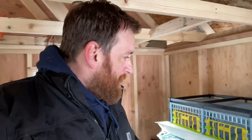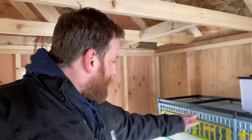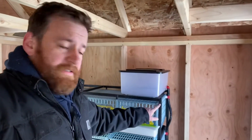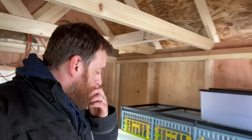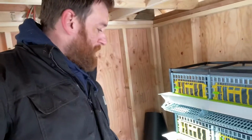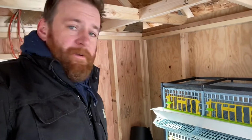Areas that I found a little difficult, there are some rods that run through this. They have these plastic inserts with screws that go on the sides to brace the whole thing together. In the video, they use this little holder. I ended up using a pair of channel locks because I found it really difficult to hold onto the pipe while I was running the drill, getting the screw set. The packaging,